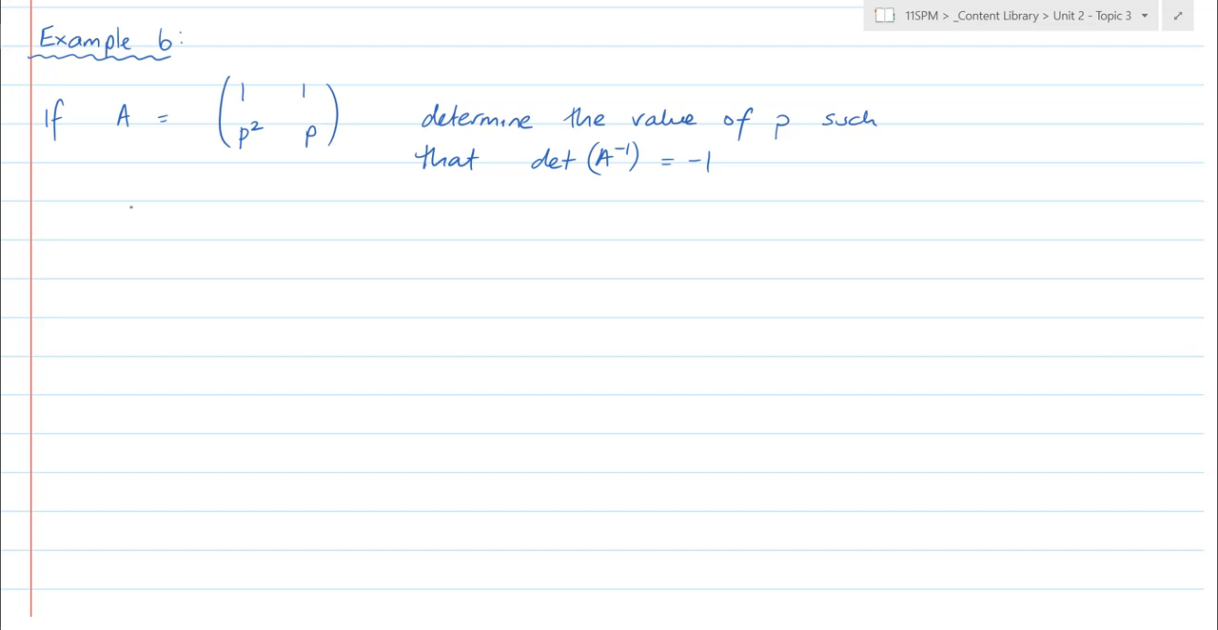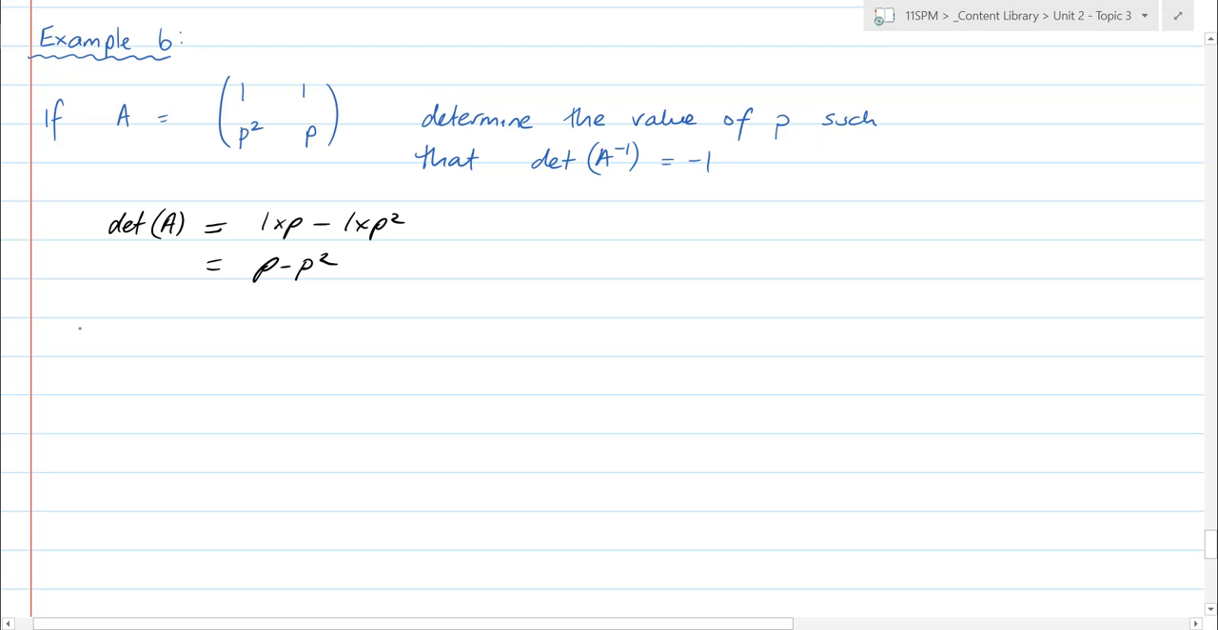So A is this, which means that the determinant of A is equal to 1 times P minus 1 times P squared, which is P minus P squared. And so therefore, A inverse is equal to P over P minus P squared, and then negative 1 over P minus P squared. And